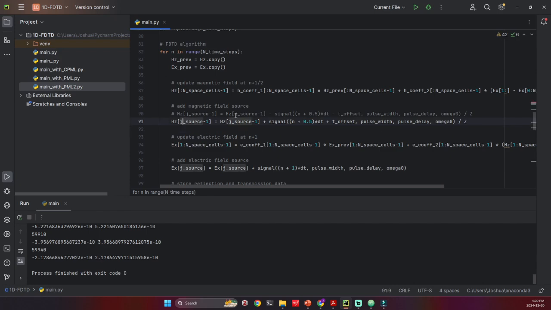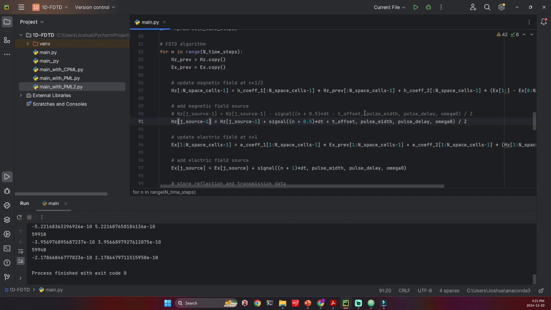It's very similar to the right-hand traveling light magnetic field source, only, let me uncomment, instead of the minus sign up here, we now have a plus sign down here. And instead of a minus sign for the t offset, we now have a plus sign for the t offset. We introduce the source at the same spot, but now with a plus sign and a plus t offset,